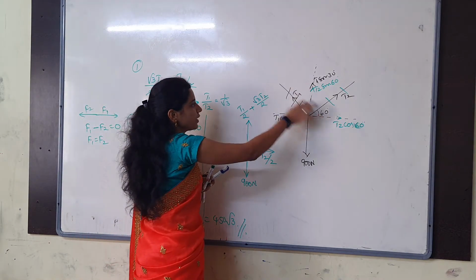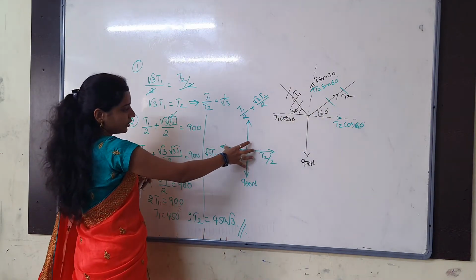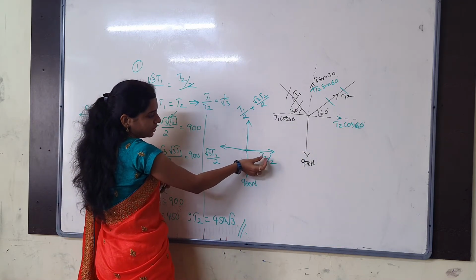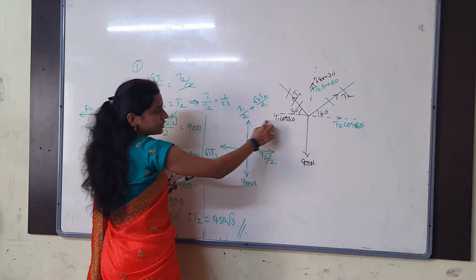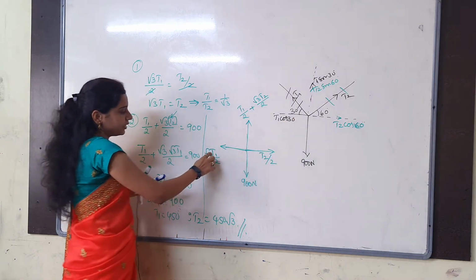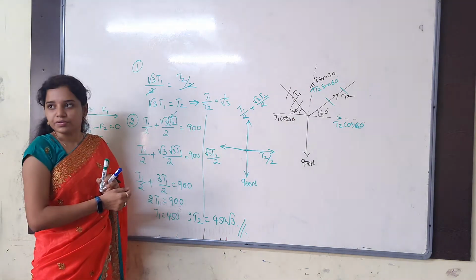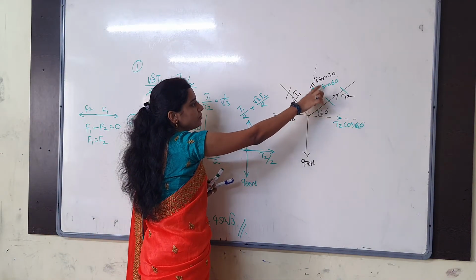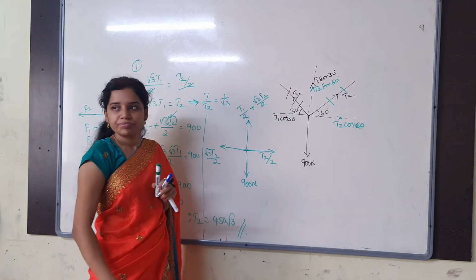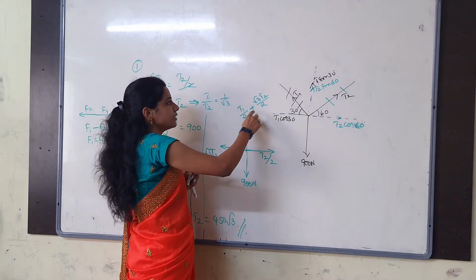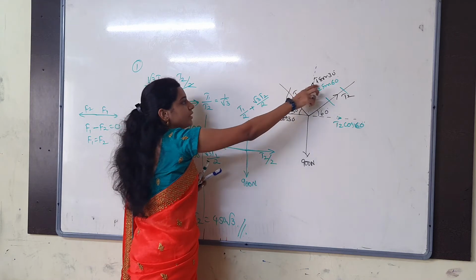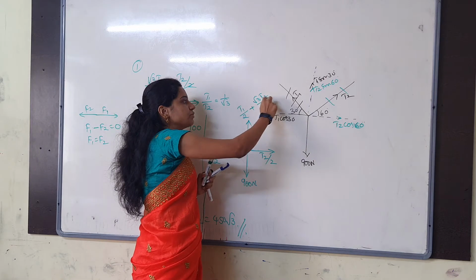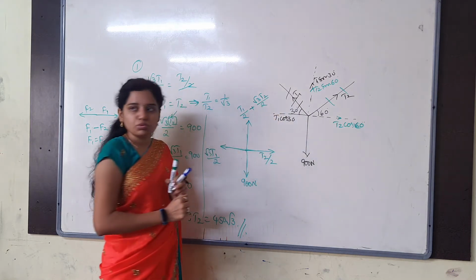Now these two vectors are removed, and I have drawn the diagram again. In this direction, T2 cos 60, which is nothing but T2 by 2. In this direction, T1 cos 30, T1 into root 3 by 2 we will get. In the vertically upward direction, T1 sin 60, and also what are we having? T2 sin 60. T1 sin 60 is how much? T1 sin 30, I am sorry. T1 sin 30 means T1 by 2, T1 into 1 by 2. And also T2 sin 60 is nothing but T2 into root 3 by 2.